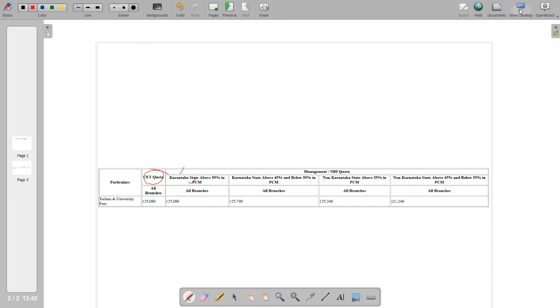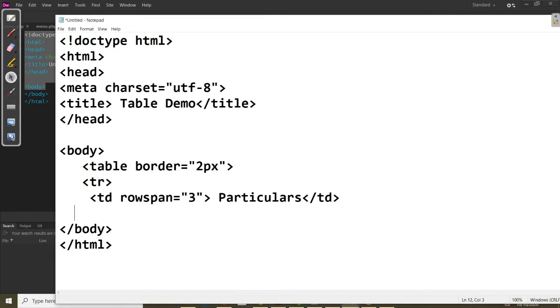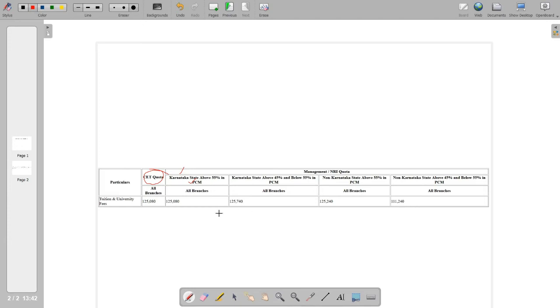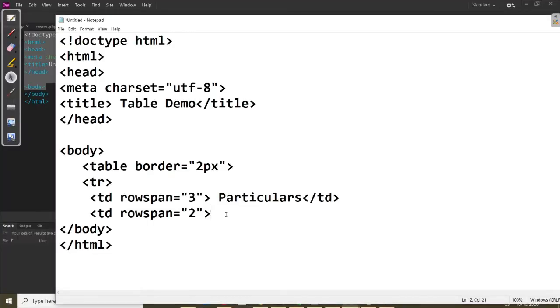So in that case, another td, and there you can add the merging of two rows. So rowspan equal to 2, and then the statement you can see here is CET quota. Then close the td here.